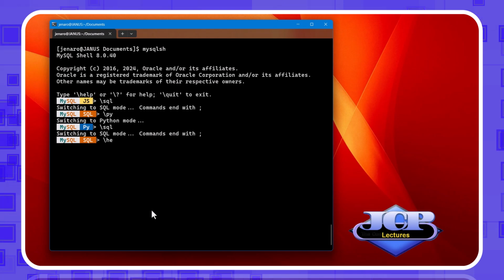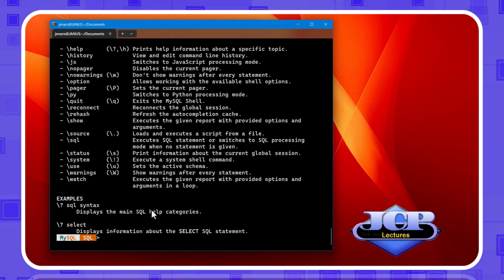One important command is \help, which provides quick help and the different commands available to work with.